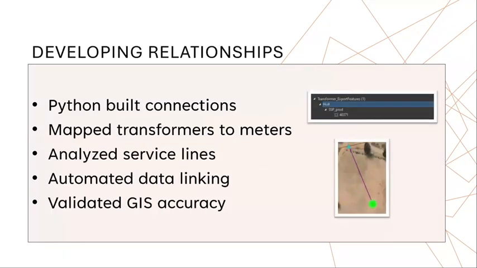So the first thing we had to do was develop the relationship, right? How do we identify idle transformers? We used Python scripts to create the relationship between the transformer and the meter. We can see in the picture there, the transformer is a triangle and the meter is that highlighted icon. So what we did was use the secondary service lines, which is just a polyline, and select everything down line. Then we select the relationship, and that allowed us to establish that link between the transformer and